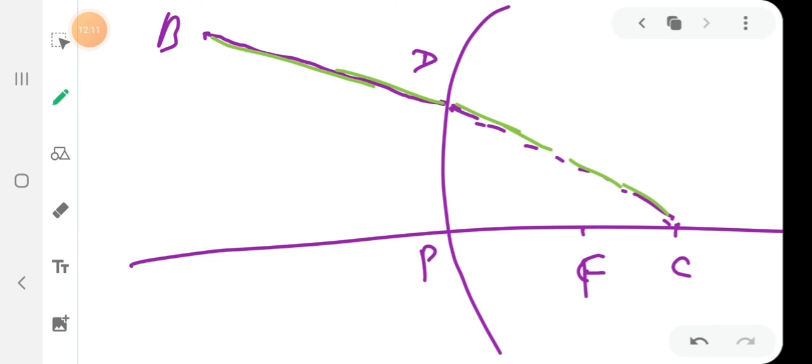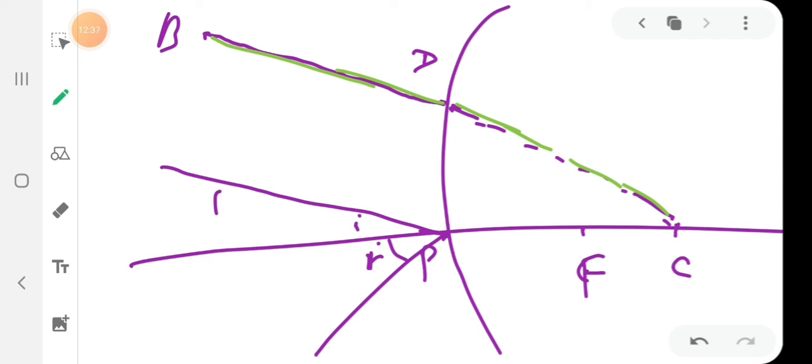Then the second thing we can say, using another rule, when the incident ray falls at an angle on the pole itself. Suppose this is the ray which is falling at the pole, it gets reflected back with the same angle. It means the angle of incidence and angle of reflection will both be the same. But now if we retrace this ray, then we get a point of intersection somewhere, and if we draw a normal perpendicular from it, it falls on the focus. Where will it fall? It falls on the focus. Then these points are known as A dash and B dash.